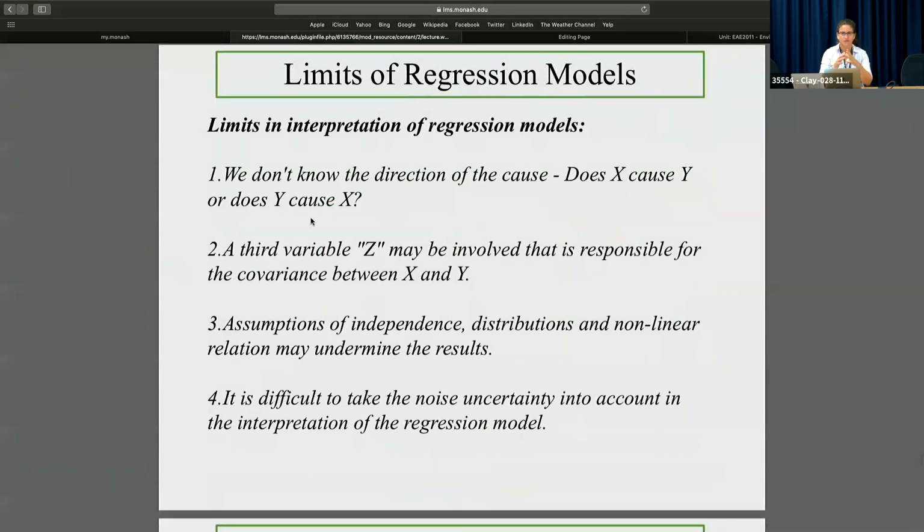But even if you do have a model, you have to be really careful. Remember, with causation, we don't know the direction of the cause. Does x cause y? Is y causing x? There could be another variable that's involved that is responsible for that covariance between x and y. You have to be